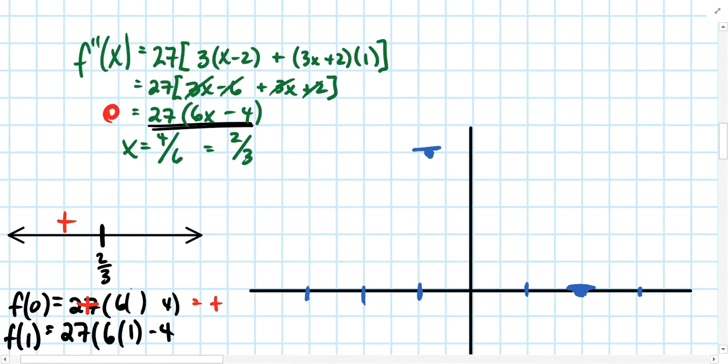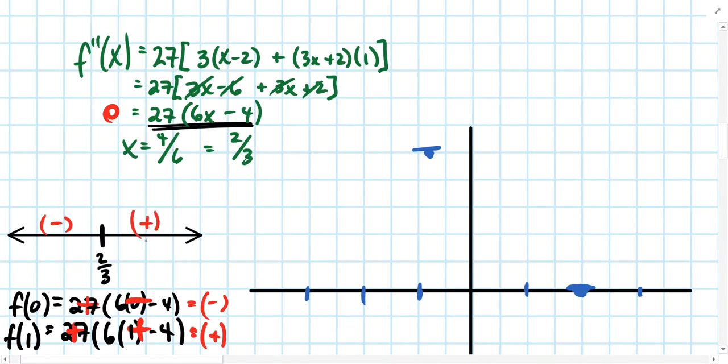6 times 0 is 0 minus 4. That's a negative number, and so therefore we end up with a negative result. The graph will be concave down in this region. But then in this example, we have a positive and another positive result, which will produce a positive portion to